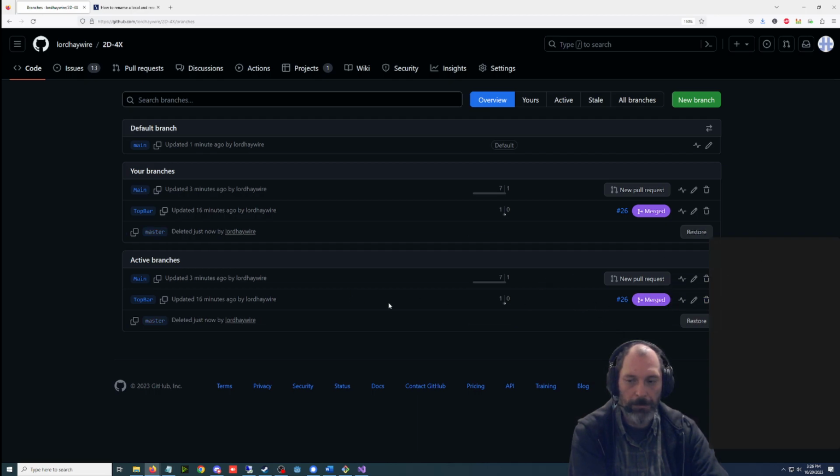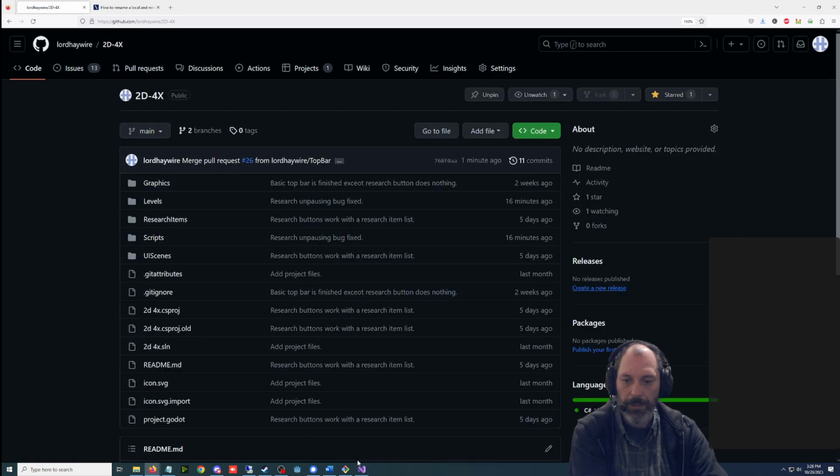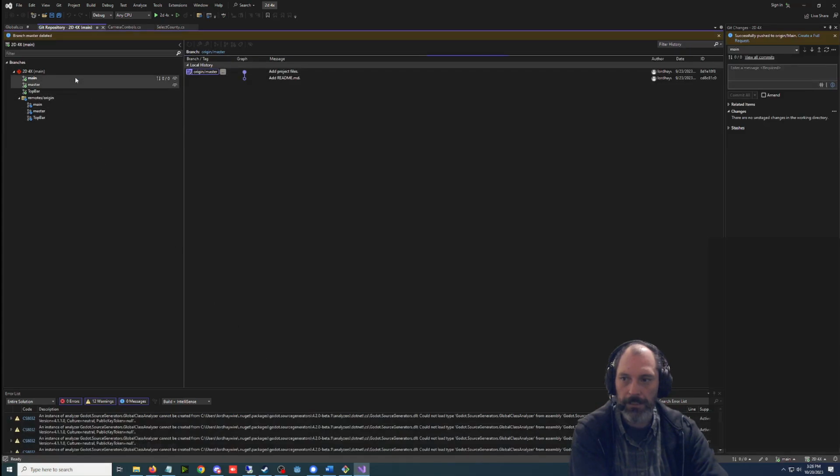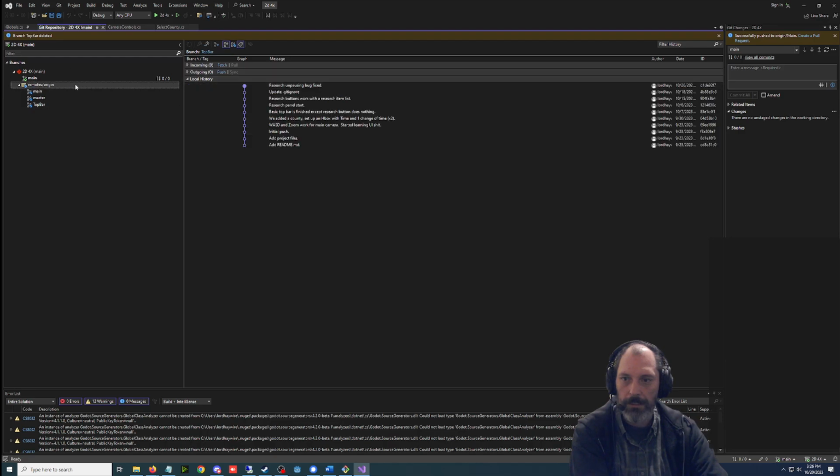Top bar was merged, but I'm going to leave it there temporarily because I'm scared. We'll get rid of this, and then we have our main here, and then we can get rid of this, and we can get rid of this, and then we'll leave those remotes there because that's how that works. What are you, an instance of blah blah blah? Okay,